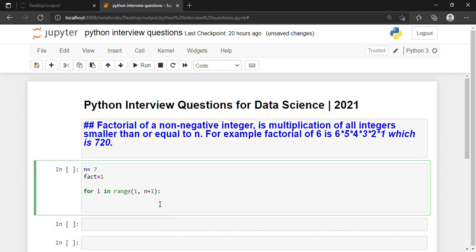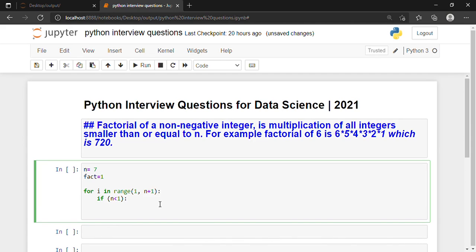Now we write the if block. If n is less than 1, then fact is equal to 0. So if a number is 0 or negative, then we take the factorial of that number to be 0.